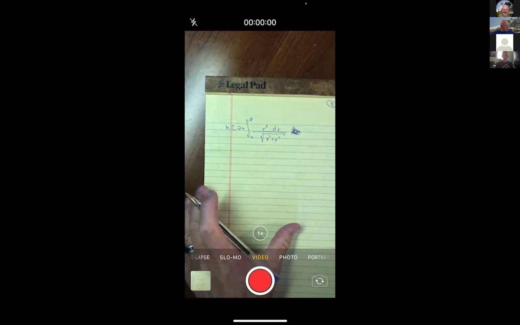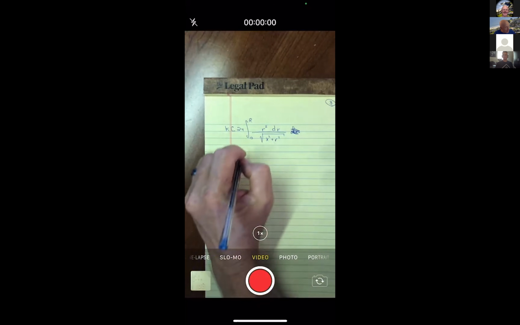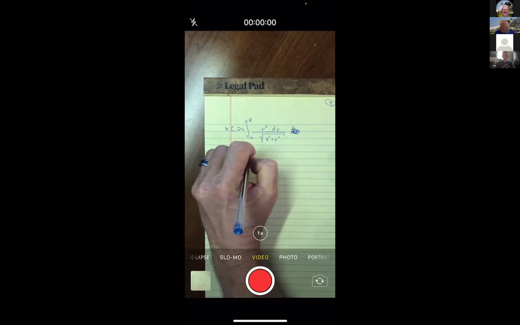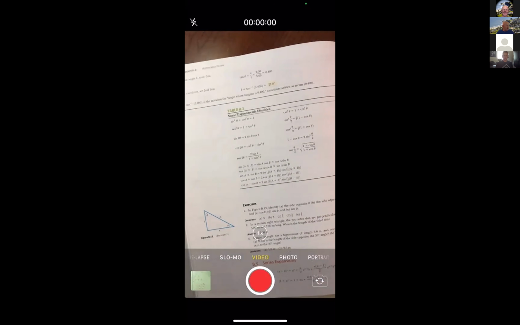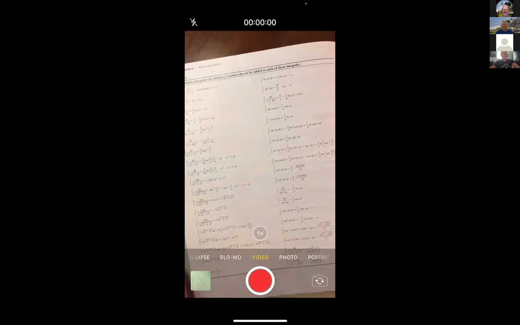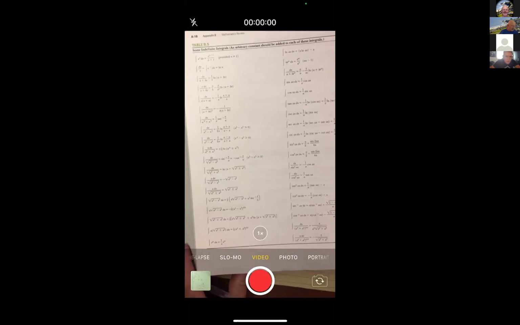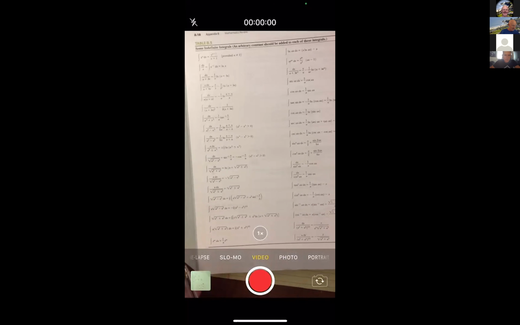So let's see what we have here. So let me just put Coulomb's constant C and 2 pi. Let me grab the hard copy of the textbook and flip over to that table of integrals again. Okay, here we go. And I'm looking for something that has an r squared and then